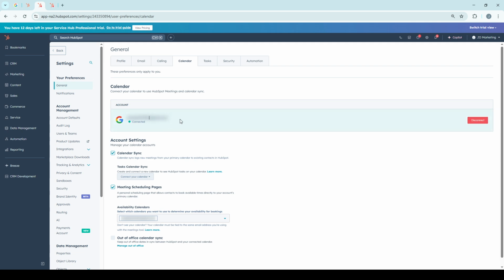Once you're in the calendar settings, you'll want to connect your preferred calendar service. Whether you rely on Google Calendar, Office 365, or Exchange Calendar, it's important to ensure that these integrations are in place so your meetings are synchronized and easily accessible. Connecting your calendar not only helps you keep track of meetings, but also ensures that everything from invitations to updates